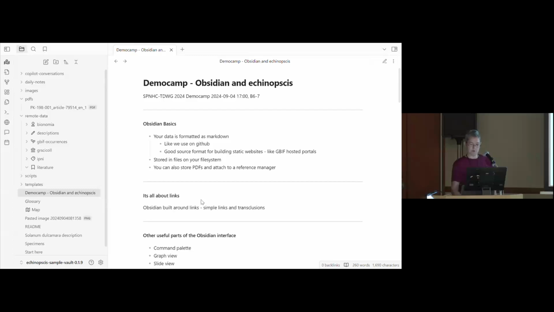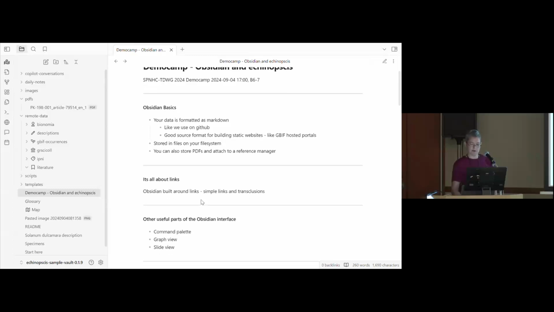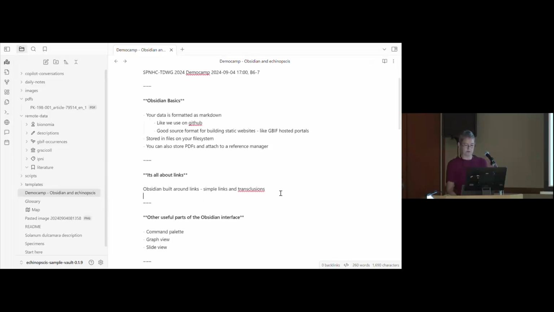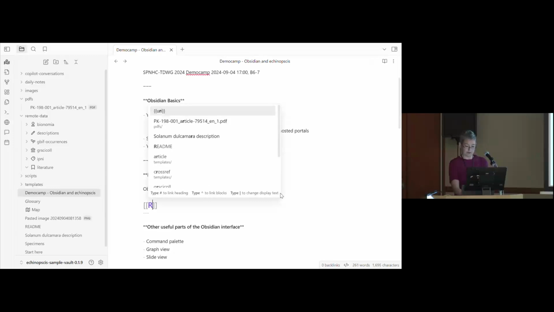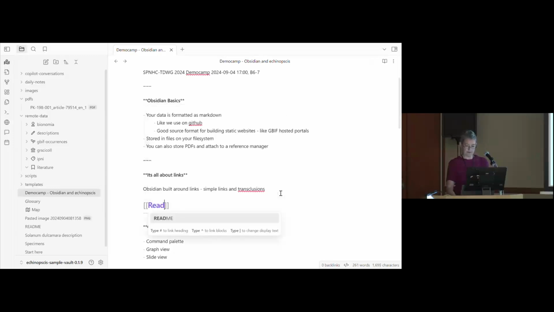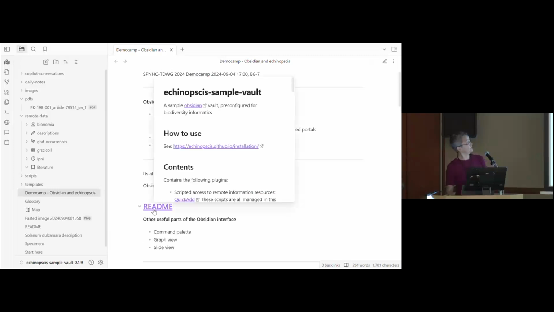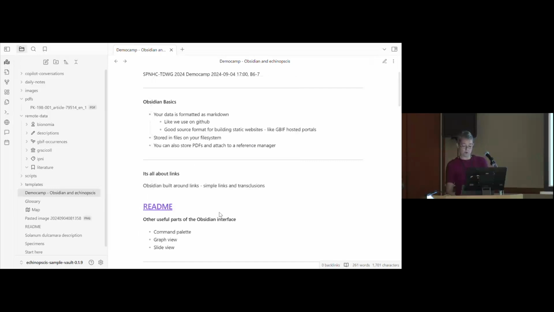Obsidian is all about links. So it does both simple links and transclusion. So I can make a simple link just here. If you can see where my edit cursor is, then I can link to the README that I've got in this project. If I hover over that, you can view the page that's on the other end of that link. But it's a little more advanced than the